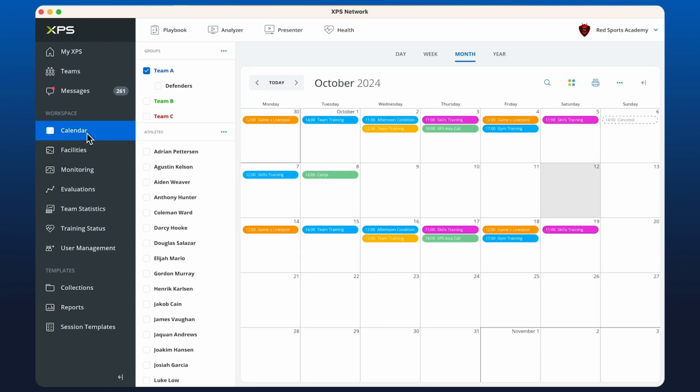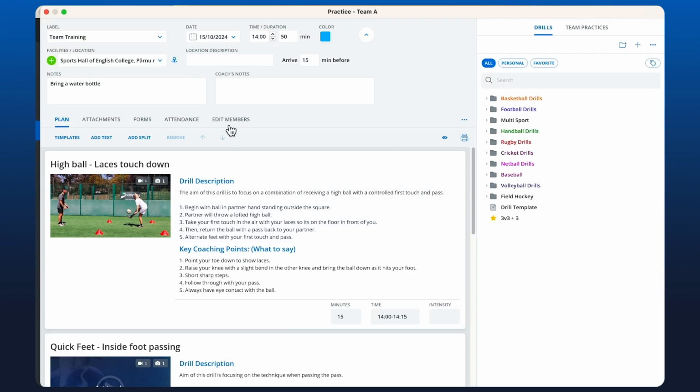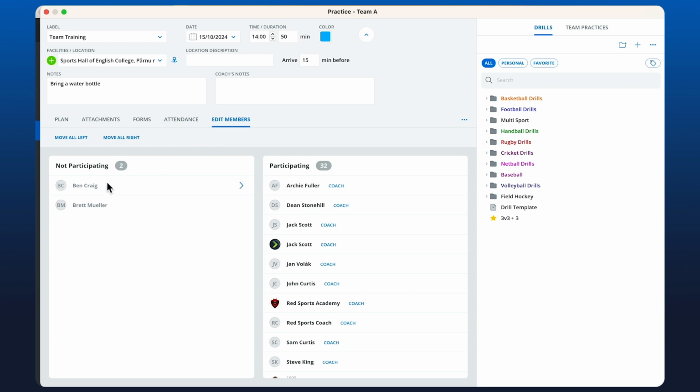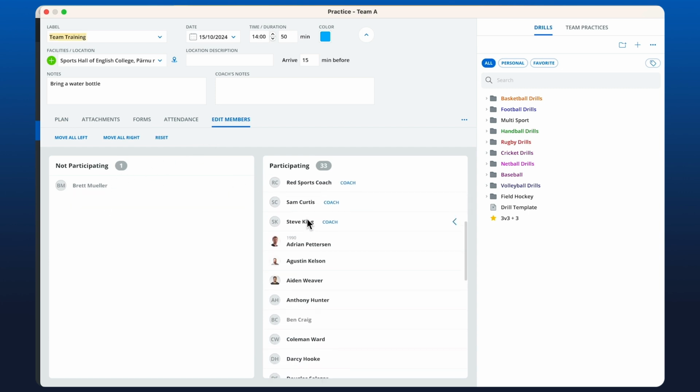So if we go to the calendar and we open up a practice, and then we can go to edit members, you'll notice that those 2 athletes who are not participating, they can be moved into the session when necessary